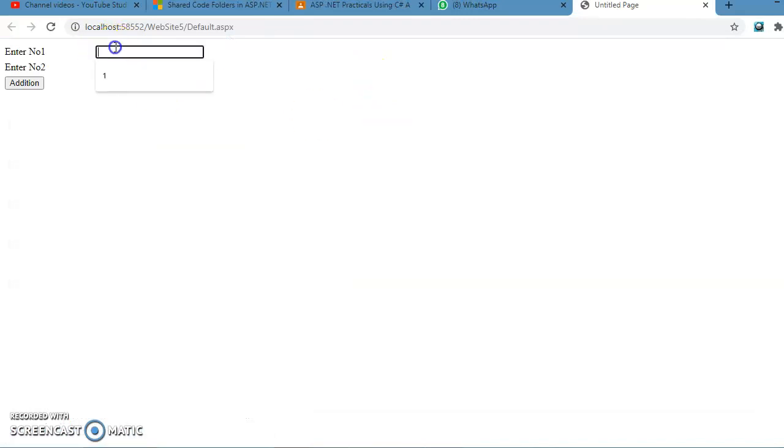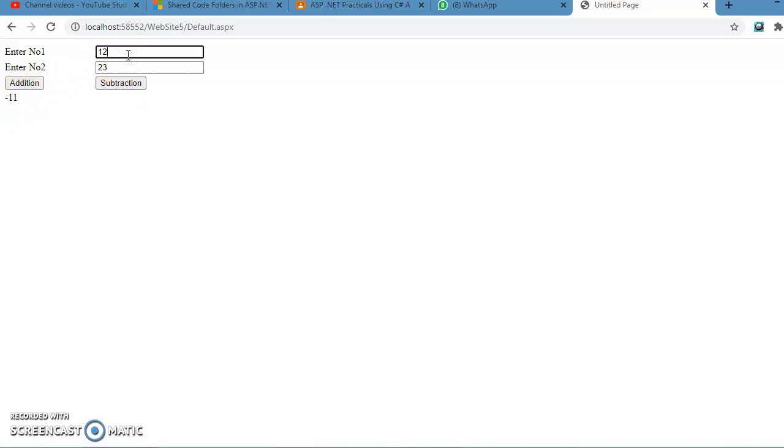Now here you can see we have to enter the numbers. Let us enter 12 and 23, right? At present we have not done the validation that the user has to enter only numbers. The user can enter any text also, but we have not checked that, we will discuss it later on. Assume that the user always enters numbers. So 12 and 23, click on the addition button. You can see 35. If I click on subtraction, you can see minus 11 because 12 minus 23 becomes minus 11.